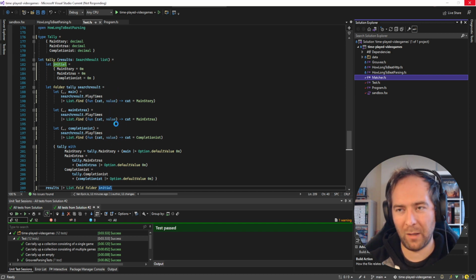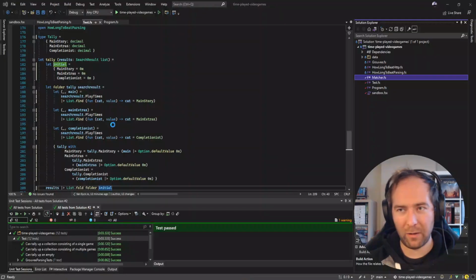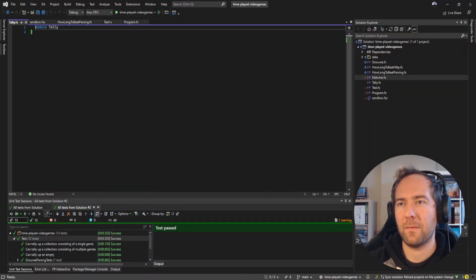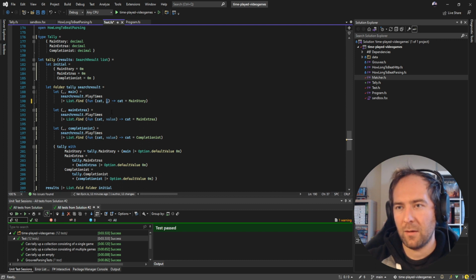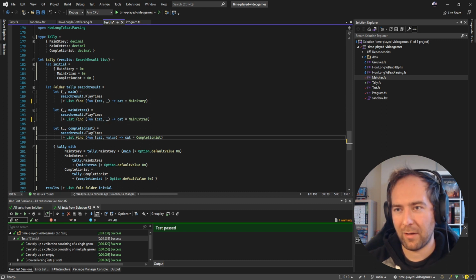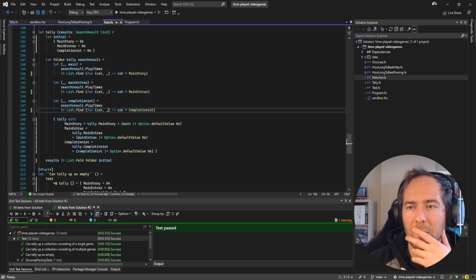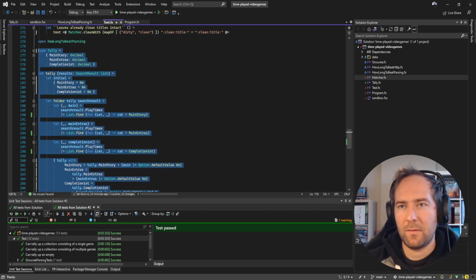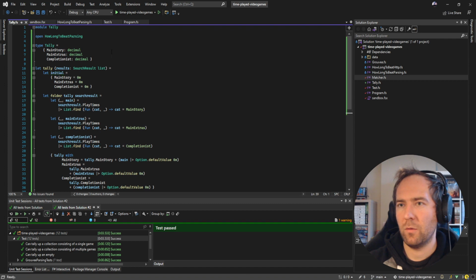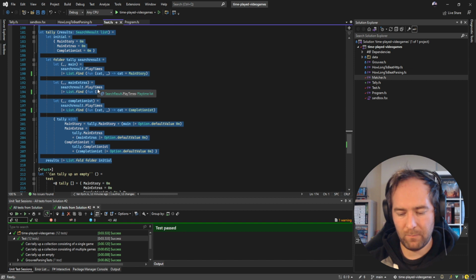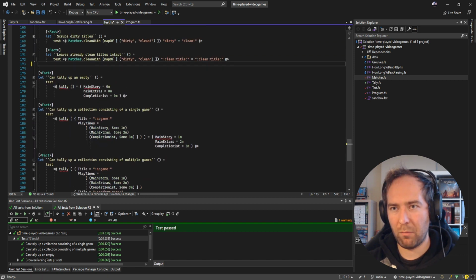The IDE is helping me out here, saying that I defined a value and I'm not really using it. They are correct. Let's just go with the idiomatic approach and call that variable underscore. Sorry. That's the thing you see when you don't care about a value. And let's also move the open statement, because we use it in the new tally module. Cool. This is moved to the module, so in our test we can just get rid of the work in progress and point to